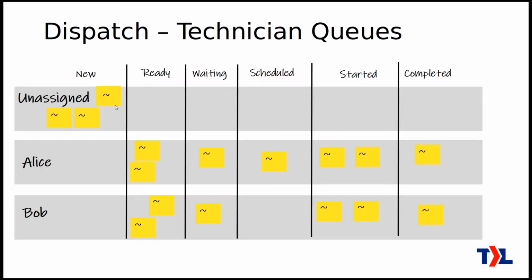So when work needs to be triaged, it's going to be over here, obviously unassigned, and then the dispatcher is going to decide, okay, let's get these tickets assigned to somebody. They're going to see what's the nature of the ticket, who's got a lot of work going on or who doesn't have much work going on, and choose the best person to work on that ticket and stick it in that person's lane in their ready column. And also order it so that the next ticket to work on is at the top, and then the order continues after that. So that's how it would look with the technician queue.